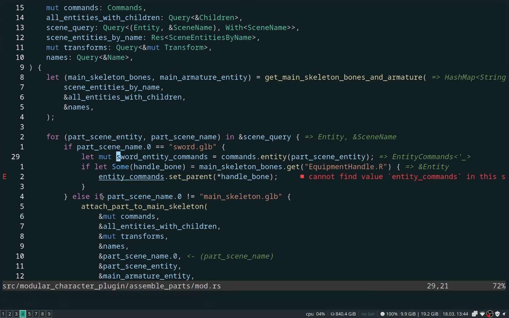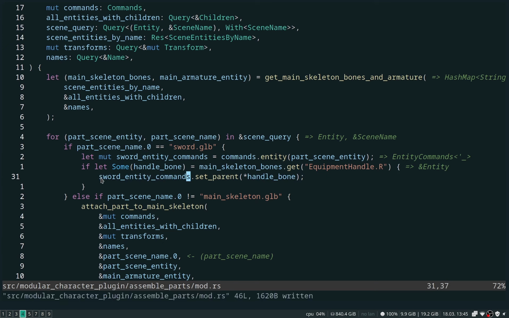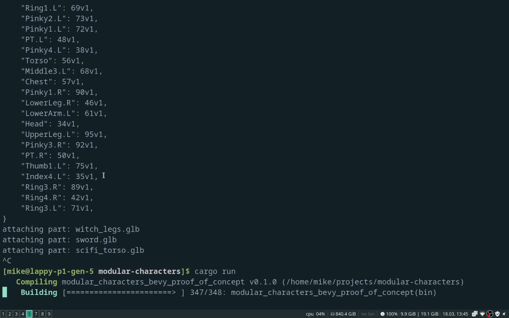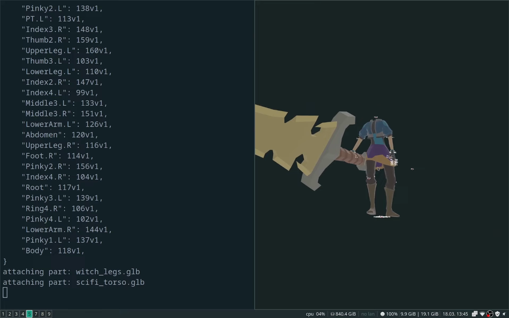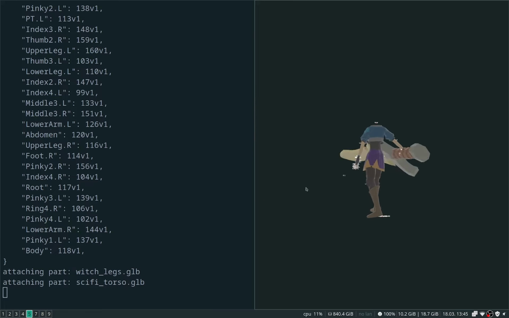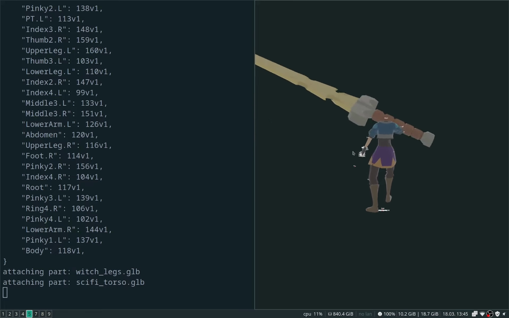All right, I called it sword entity commands. Now let's see if that worked. It looks like it is working, and our character is obviously super strong because they're able to swing a huge